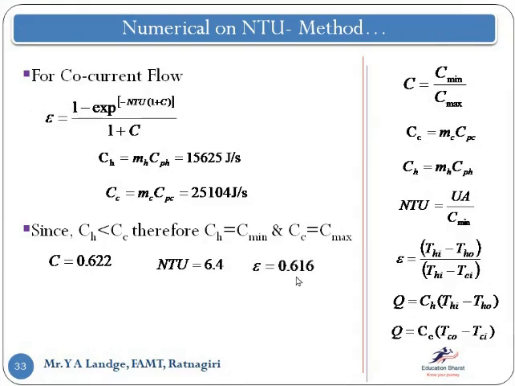It is around 0.616. Why am I calculating this term? Because it is useful for getting the unknown temperature value. Now the effectiveness formula: as per this condition, CH is the C minimum, so I can use this formula. Effectiveness equals THI minus THO upon THI minus TCI, the inlet temperature of the hot fluid minus the outlet temperature of the hot fluid. Why am I taking this one? Because this is the minimum heat capacity rate, that of the hot fluid.